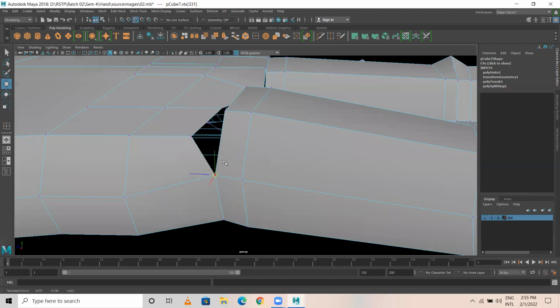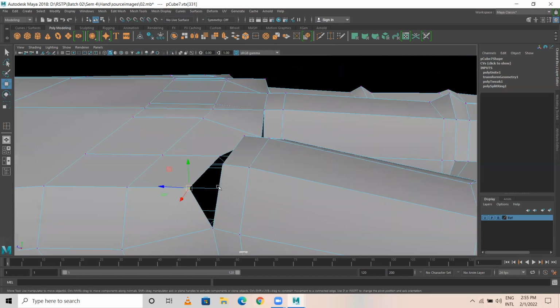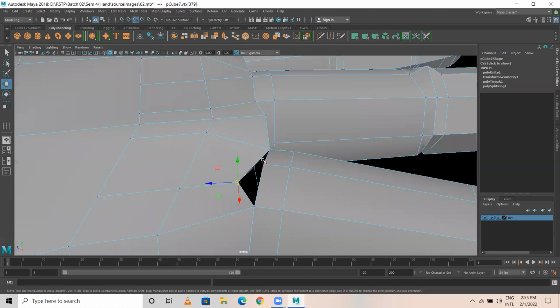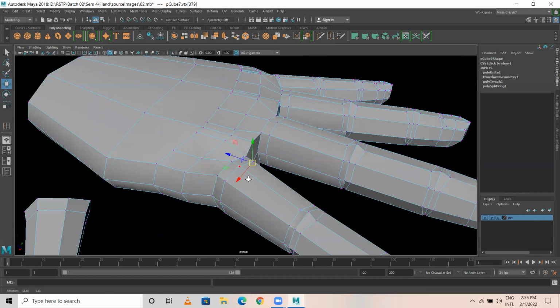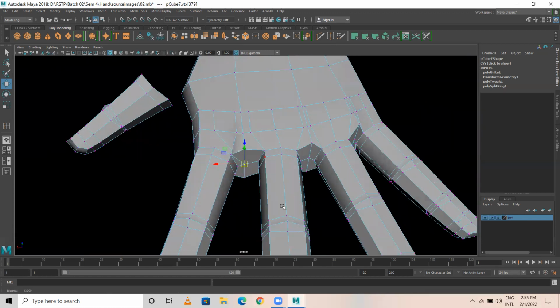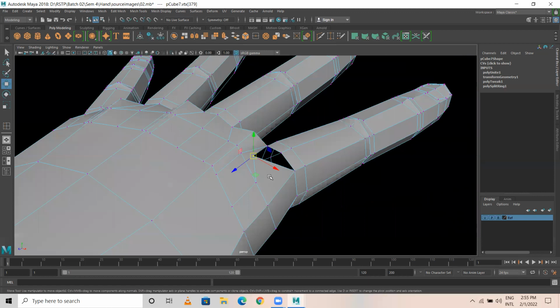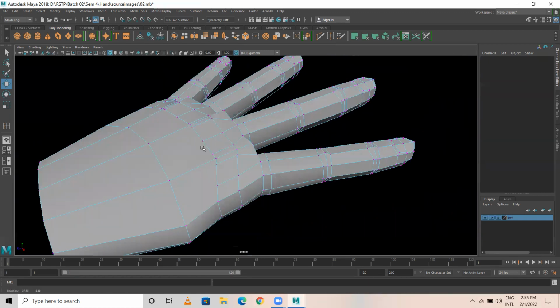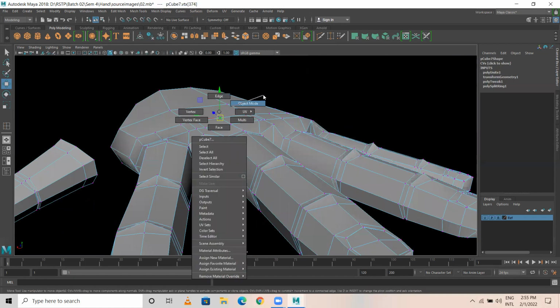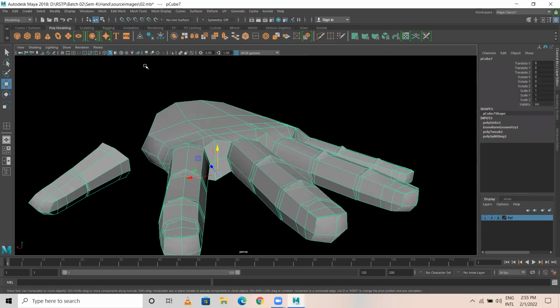Select this, hold V, snap to point. Okay, now we have snapped all the vertex to the right place. Okay, after this, what we have to do is you need to select this particular model,